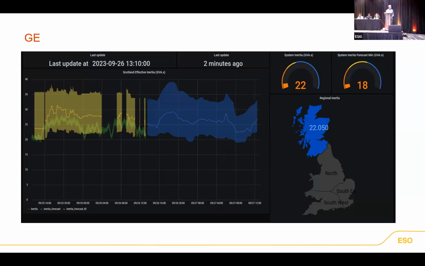The GE system is different to the Reactive Technologies one in terms of it gives you a real-time measurement of where your inertia is now with a bit of a confidence range, which is the yellow shaded bit there on the left. The beauty about the GE one, though, is it gives you a forecast as well because it knows what the forward schedule is of the generation. It knows what the forward demand profile is going to be. And therefore, the blue shaded bit is where your inertia could be as you move forward in time. So it gives you that forward view as well. So again, from the control room point of view, they can be dispatching other inertia products in order to increase inertia on the system if required.